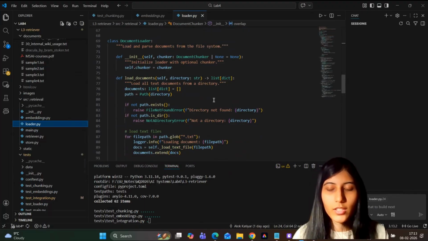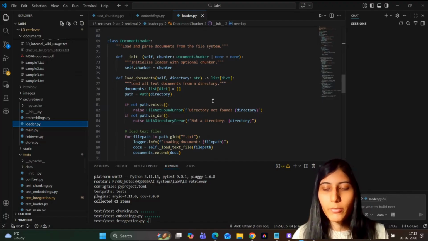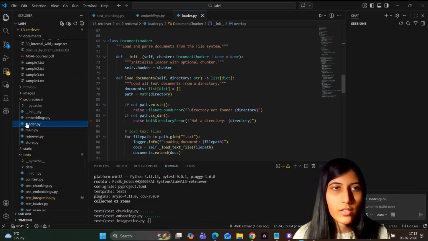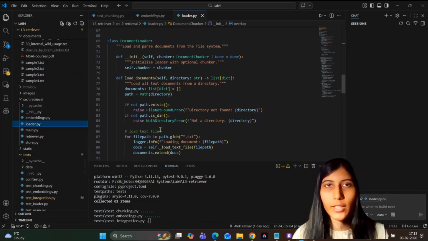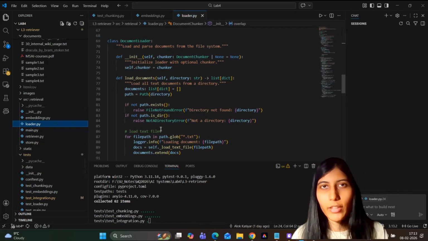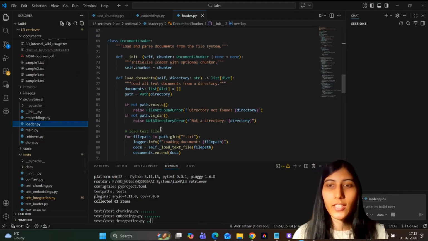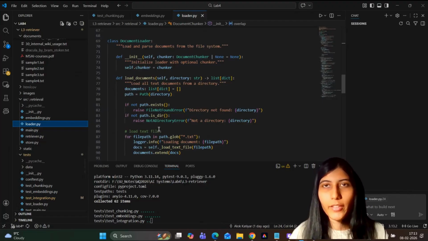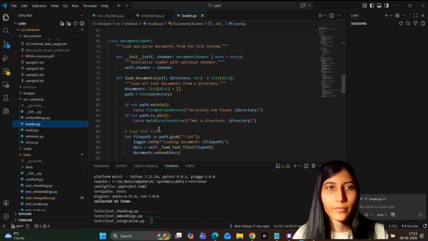Now, in the third step, the chunker is going to split everything into 300-word pieces, followed by the fourth step, which is the document embedder, which converts the chunks into vectors. The fifth step is the vector store, which is going to save them in ChromaDB. And finally, in the sixth step, when you do the search, we embed your query to find the closest relevant matches. This is how the whole system works.